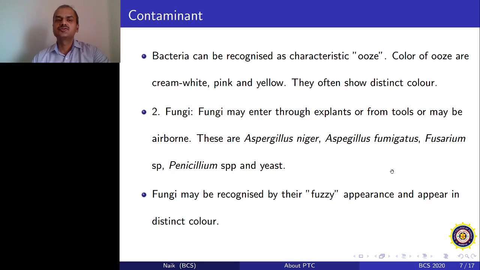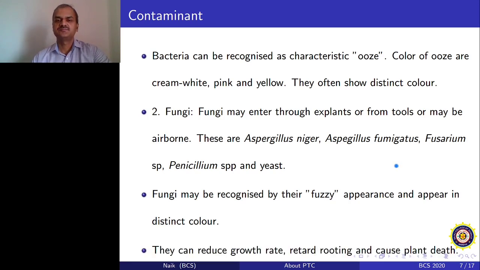So I request, from this platform, all my students and participants, that if you want to initiate a new tissue culture protocol, it is better to develop it during the summer season. Though summer is a harsh season in India, I think it is one of the best seasons to develop a tissue culture protocol, at least the first two stages: surface sterilization and shoot initiation.